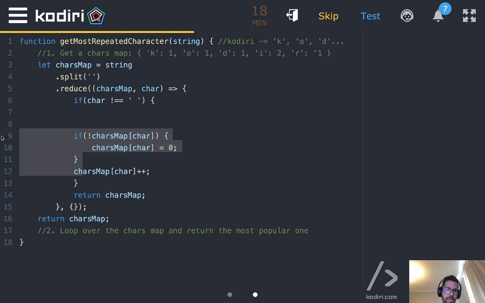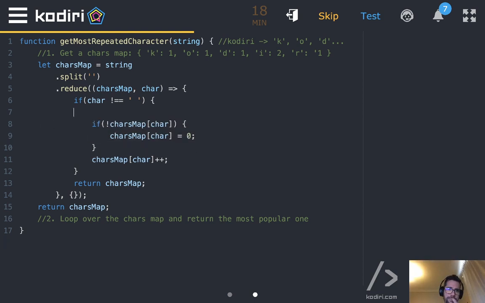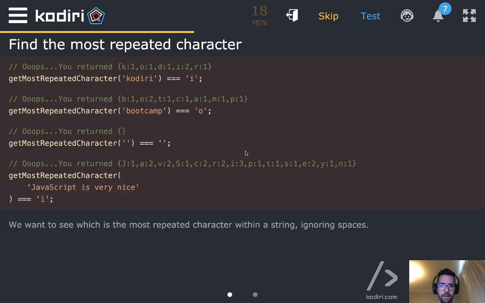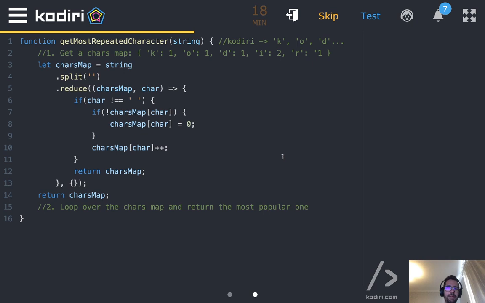There are different techniques. So if I run it again, hopefully, now this time I'm not tracking the empty space because we don't care about it. So that's the first step. Do you have any questions about building that map of characters?